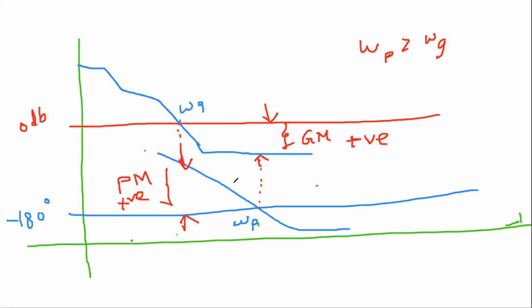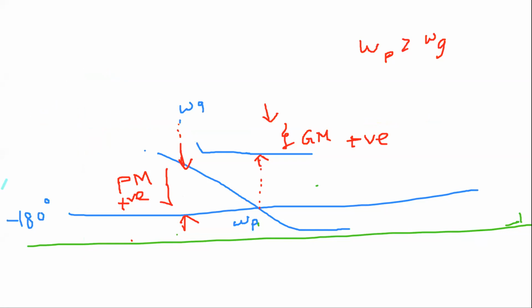So how do you find the positive gain margin? How do you find the negative gain margin? Whenever your gain margin is measured below the 0 dB line, it is positive. Whenever your gain margin is measured above the 0 dB line, it is negative. Similarly, coming to phase margin, whenever your phase margin is measured below minus 180 it is negative, measured above that it is positive. So make sure of it and try to do it with a given problem you tried.